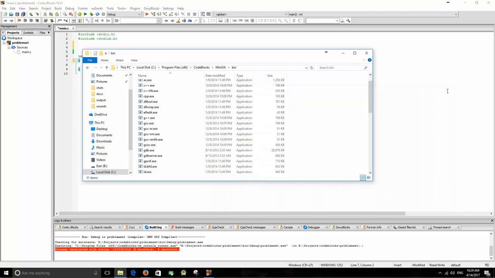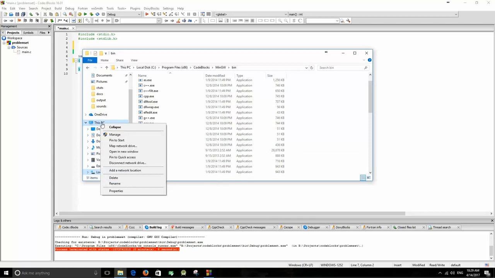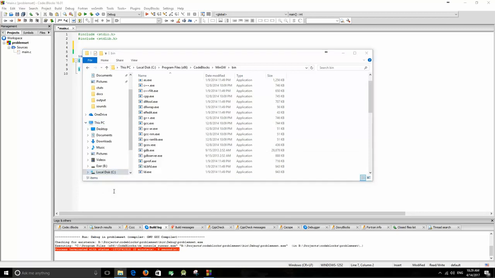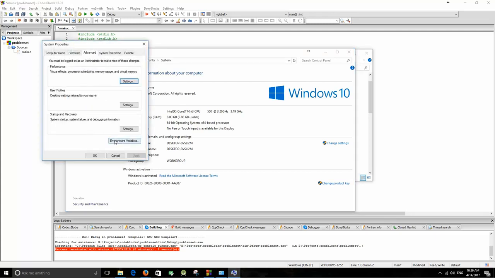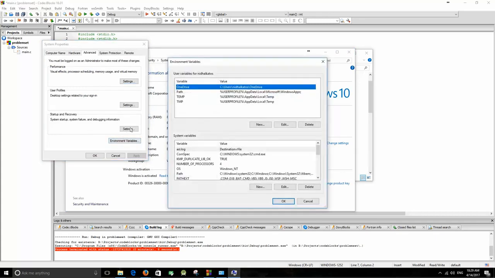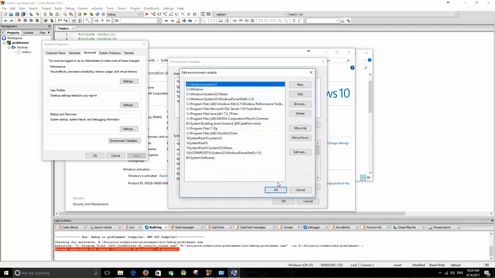Just close this command line and then go to This PC, right click, and then go to Properties. As you can see there's Advanced system settings here, so click on that. You can find the Environment Variables here, so click on that, and inside the system variables there's a variable called Path. Click on that and click Edit, and that will allow you to add a new path. So click New here to type in